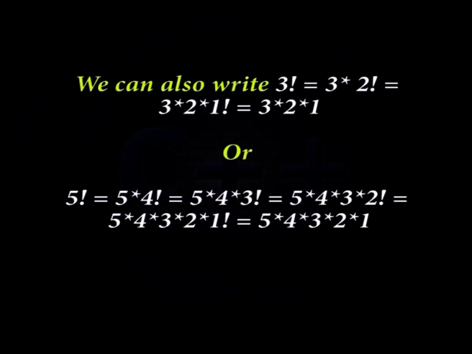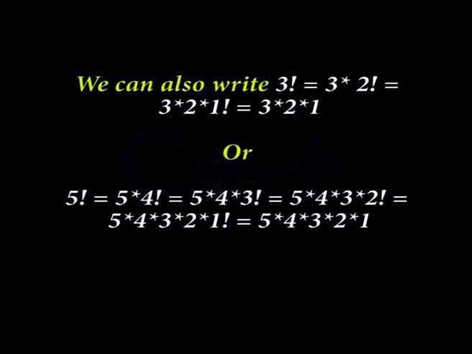We can also write 3 factorial is equal to 3 into 2 factorial, that is equal to 3 into 2 into 1 factorial, that is equal to 3 into 2 into 1. Or 5 factorial is equal to 5 into 4 factorial, that is equal to 5 into 4 into 3 factorial, which is again equal to 5 into 4 into 3 into 2 factorial, equal to 5 into 4 into 3 into 2 into 1 factorial, which is further equal to 5 into 4 into 3 into 2